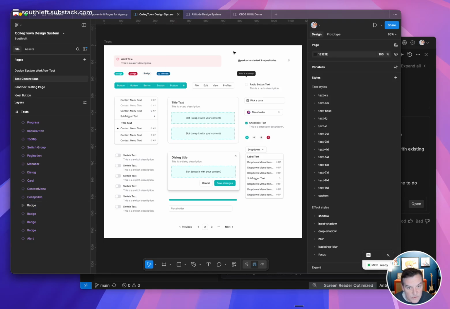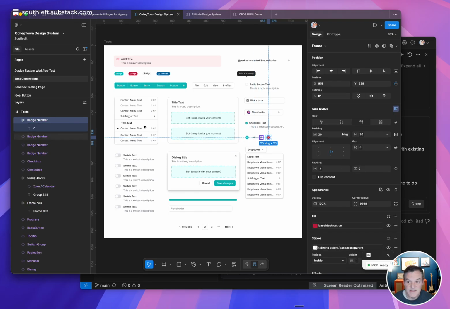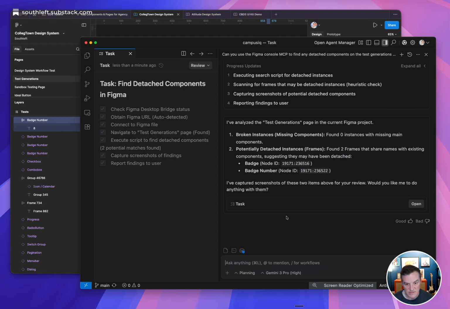And which one is the other one? Badge number. Not that one, not that one, not that one, but that one. Look at it. And there it is. It found it. Wonderful. Okay, so that was a success. So we'll say,